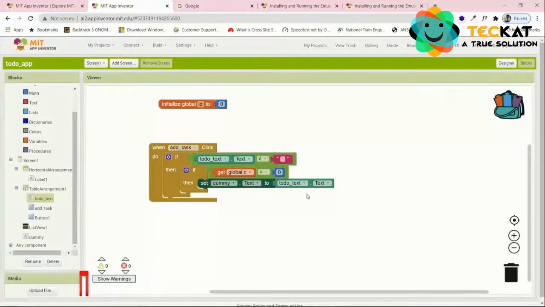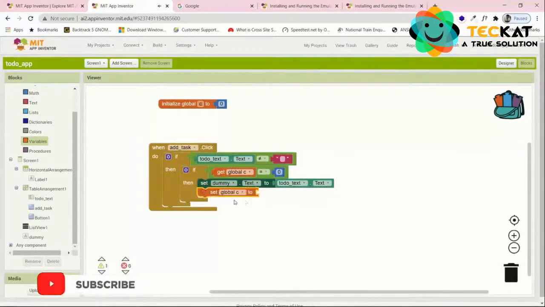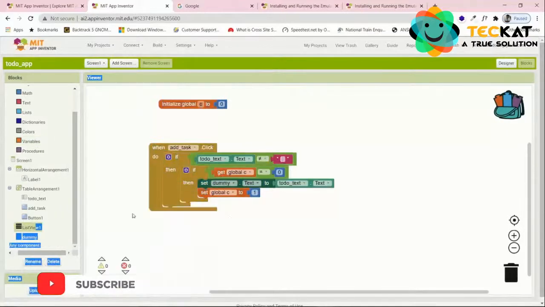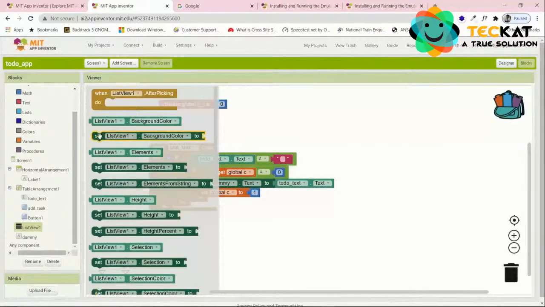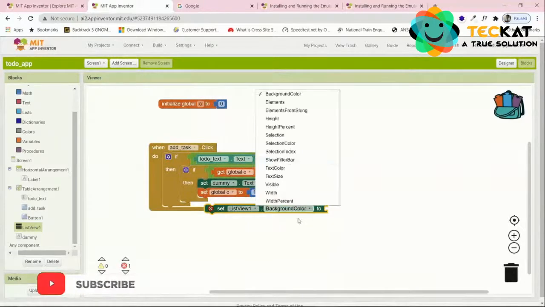Now, once we have done this, then we can set the list view. We also have to set the global variable to one, so that for the next time it doesn't come to zero again. So we can again copy and duplicate this, paste it over here, and set this to 1. That's it. And now we'll set the list view, set list view,